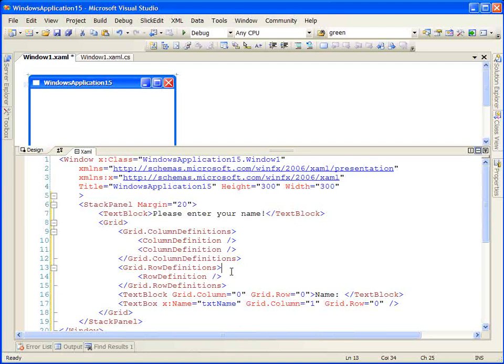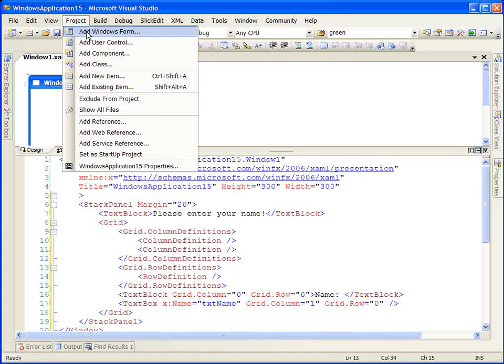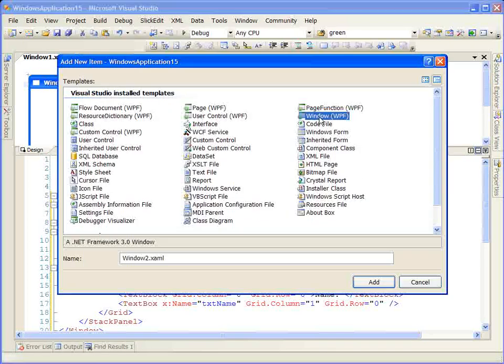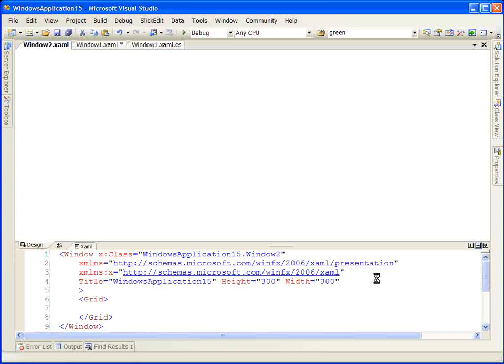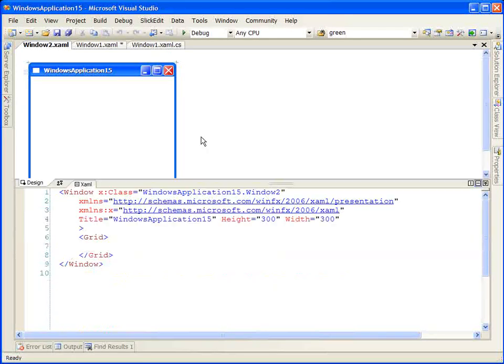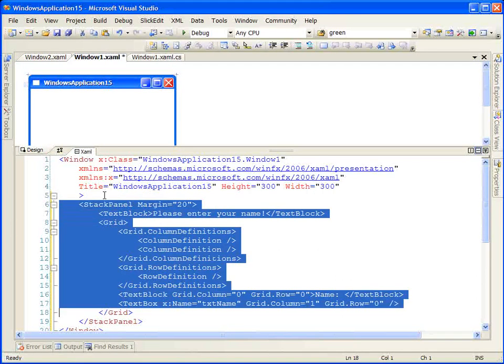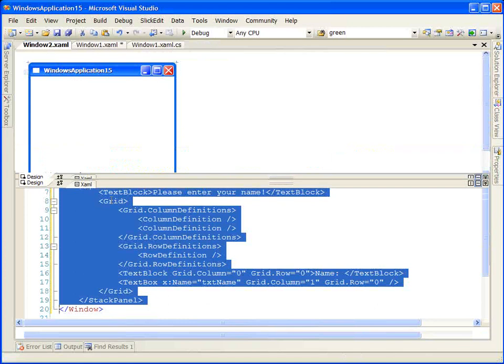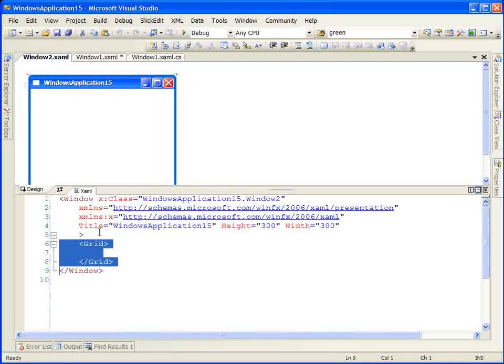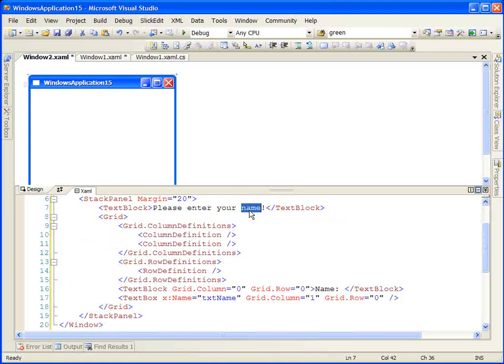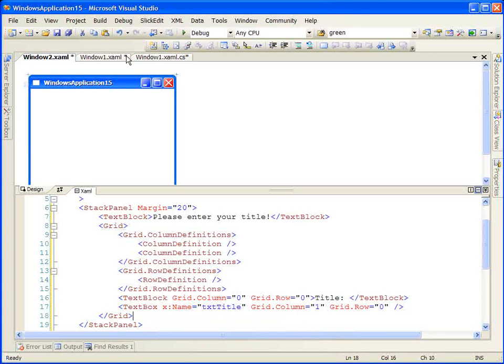Now, typically in a Windows application, you're going to have more than one window. So let's create a second window. We're going to use what we've built in the first window, window 1, in our second window, window 2. We're going to change a little bit of the text so that it's looking for a title instead of a name. We're going to show some interactivity between the two windows. Now let's go back to our first window,